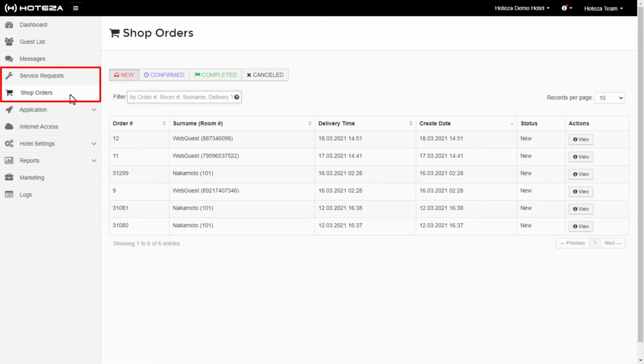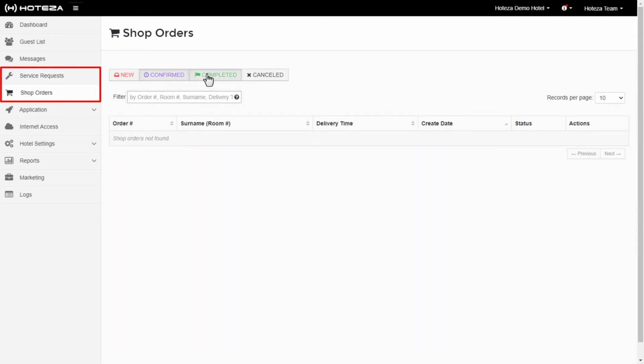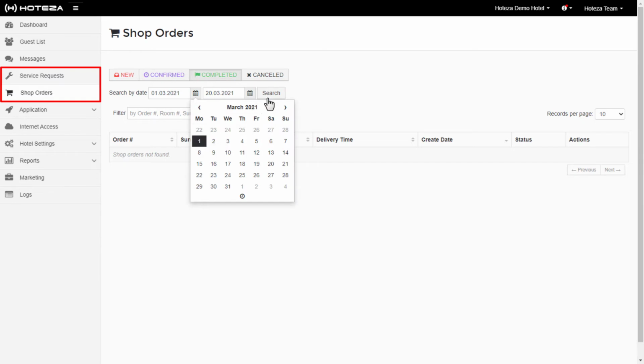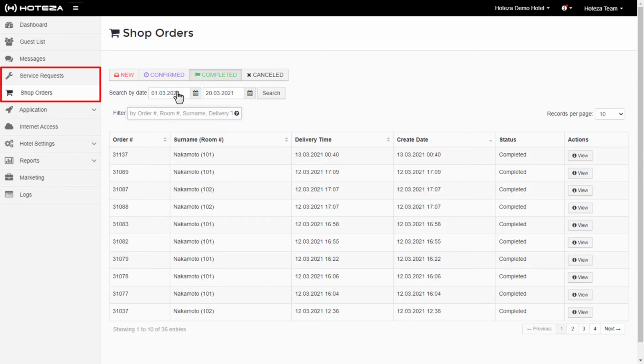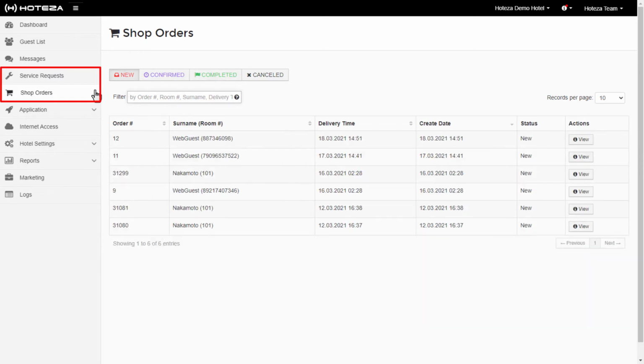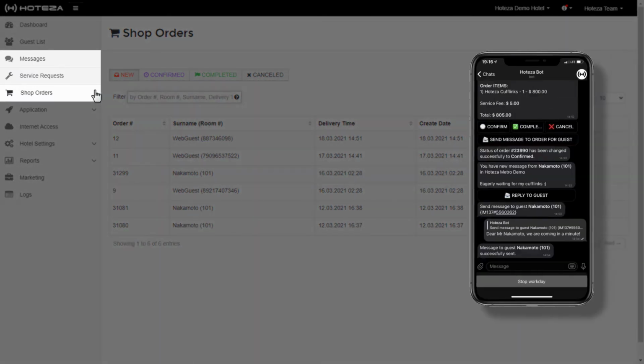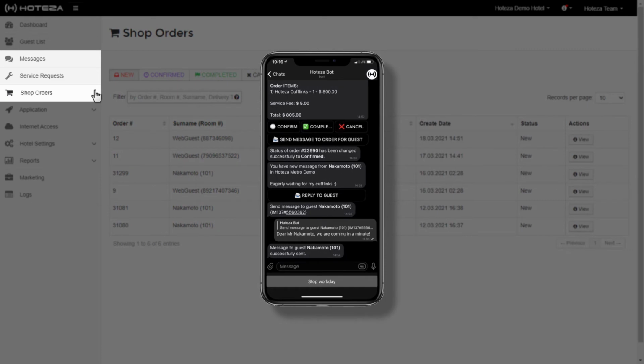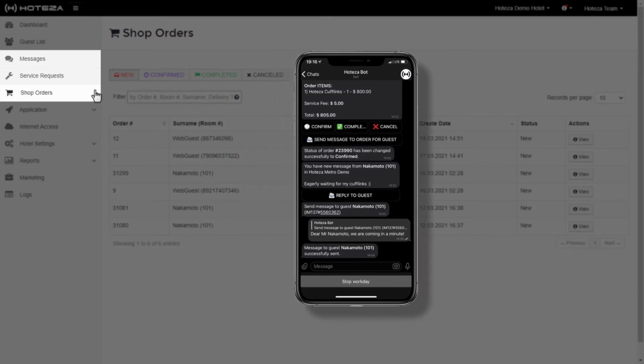They can include in-room dining orders, requests for table reservations or spa services, laundry or taxi service requests, and much more. It is worth mentioning that for the hotel staff's convenience, the functionality of these sections is duplicated in a specially designed Telegram bot.